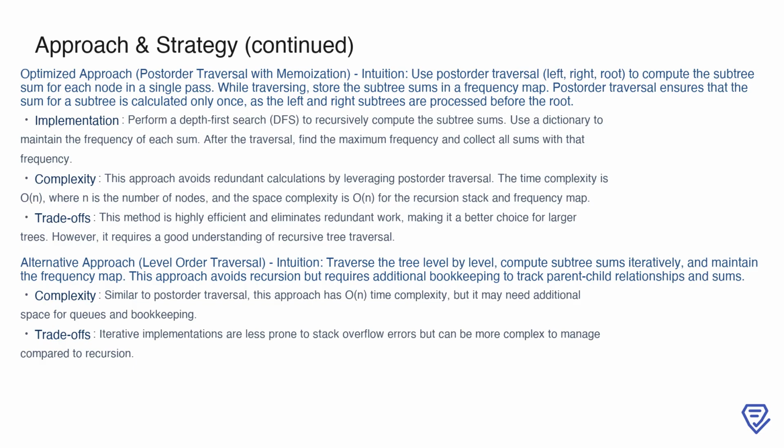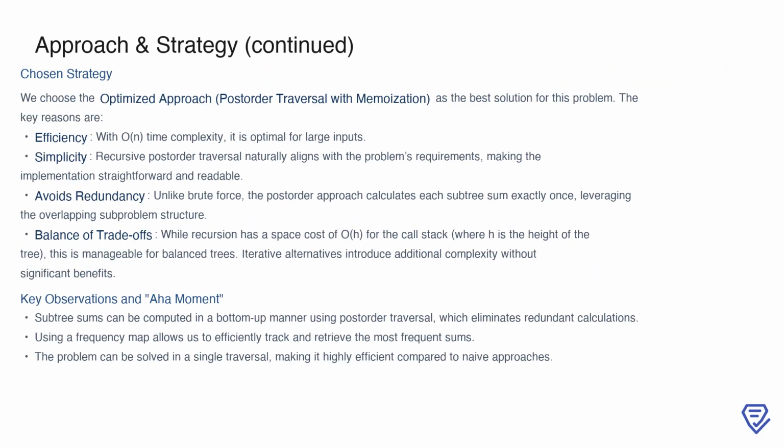Although it has the same O(n) complexity, the iterative approach can be harder to implement and manage. Among the approaches discussed, the optimized post-order traversal with memoization stands out as the most effective strategy for solving this problem. Its efficiency is a key advantage, with a time complexity of O(n) that makes it well suited for handling